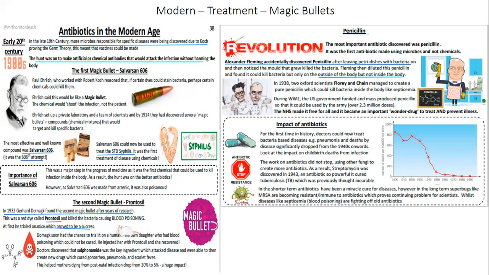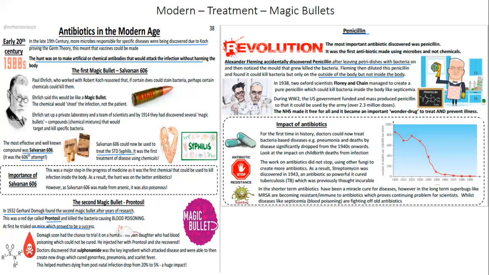Now, the work on antibiotics didn't stop. Using other fungi, scientists created more antibiotics. So there were more antibiotics created following the development of penicillin. So you had streptomycin, which was discovered in 1943, an antibiotic so powerful it cured tuberculosis, which was previously seen as incurable. In the shorter term, antibiotics have been a miracle cure for disease, but they have got some negatives. In the long term, there have been some super resistant antibiotics known as MRSA,